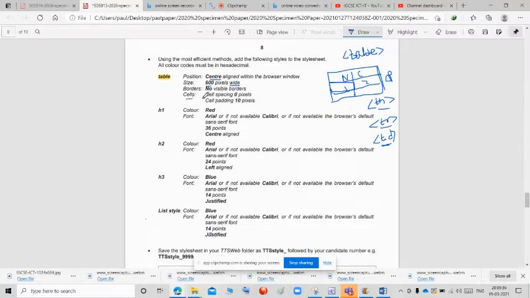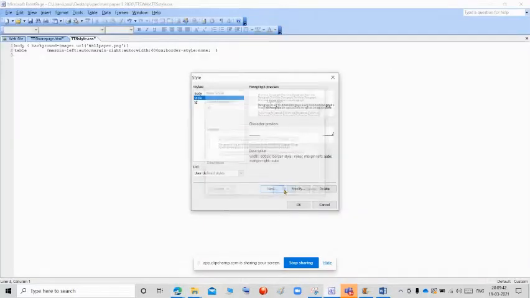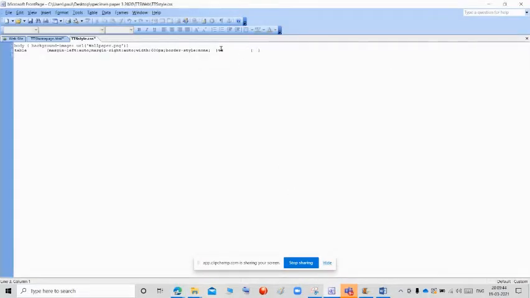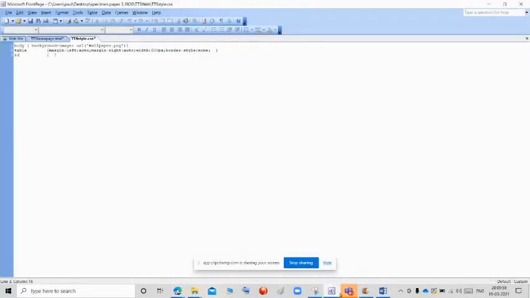So for the cells they are giving cell spacing and cell padding. So we want to apply the TD tag. TD, click OK and click OK. Now in the TD tag I am going to give the cell spacing. Already cell spacing is 0 pixels, so no need to give this. So cell padding is 10 pixels, so give padding colon 10 pixel.